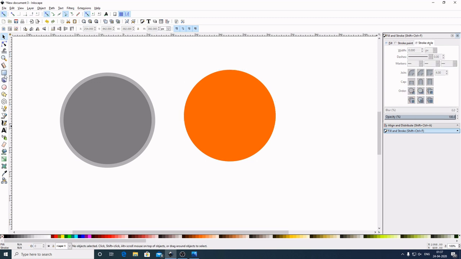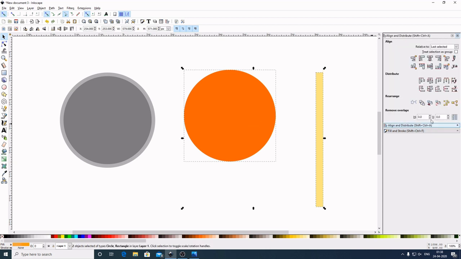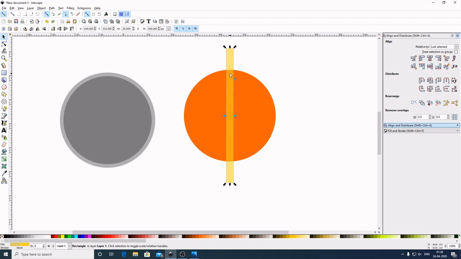Now what I will do, I will select this, create rectangles and squares. Now I will create a very thin rectangle and a lengthy one like this one. Now select this one. Let's give this yellow color. Now by holding Shift on the keyboard select this circle. Now come here to the Align and Distribute. Center on vertical axis, center on horizontal axis. Now select out of the graphic to deselect.